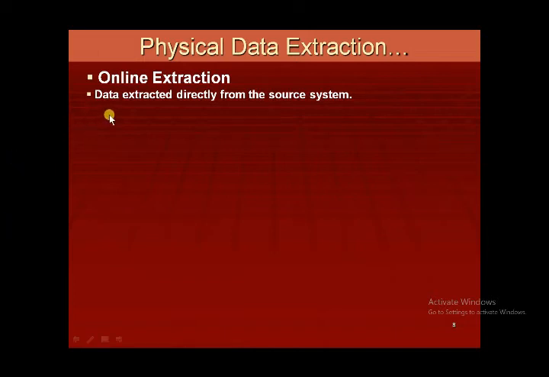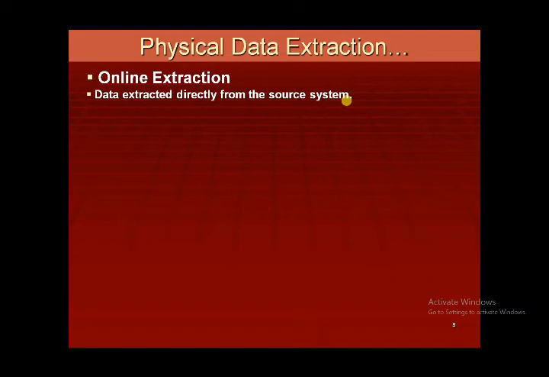After selecting full extraction, you are saying the data is extracted directly from the source system. Now, let's say there are different suites of SQL Server available. Let's say the SQL Server database management system is used to store the data. There is a software called SSIS, that is SQL Server Integration Services.